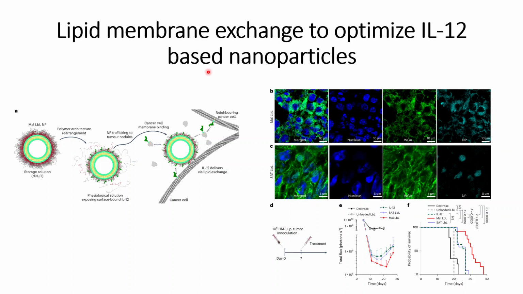In this video we will discuss a lipid membrane exchange strategy to optimize the IL-2 based nanoparticles. It is a well-known fact that in the in vivo system, within mice or in human beings, this lipid membrane exchange occurs because of the serum or albumin. So they want to use this lipid membrane exchange in vivo to optimize their layer by layer based